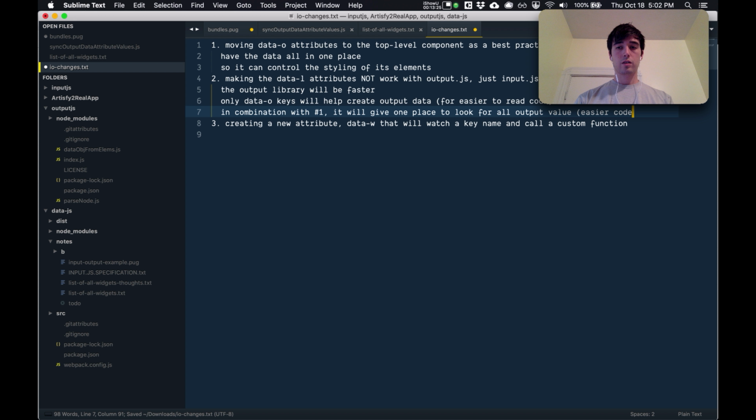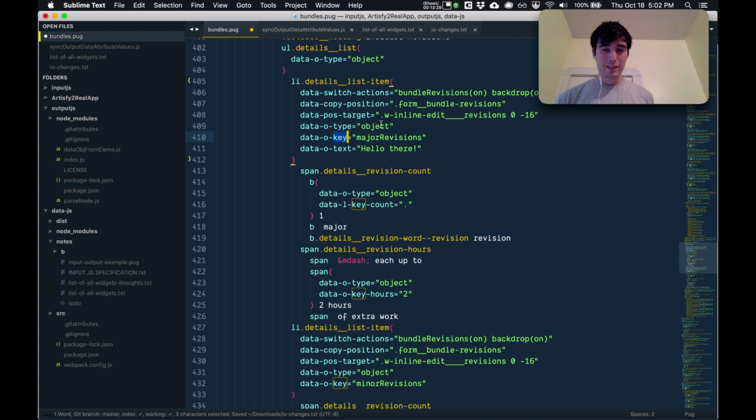Easier code to read. Okay, so there's that, and then all the location keys are saying is, hey, sync with this, but you don't have to parse it, you don't have to worry about it. It's just this extra thing you do